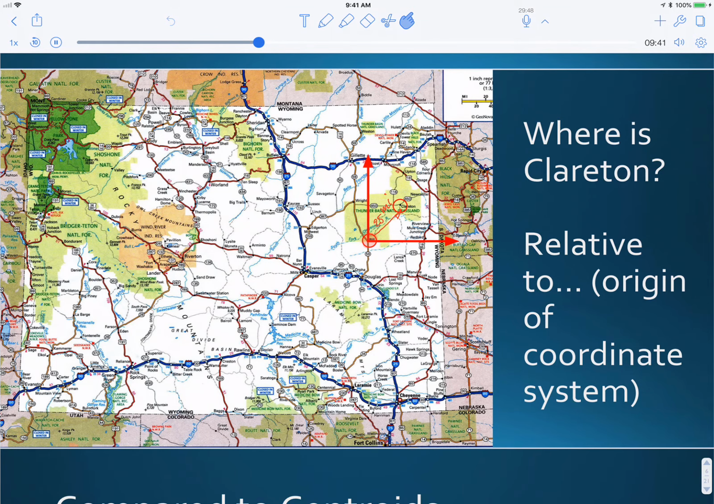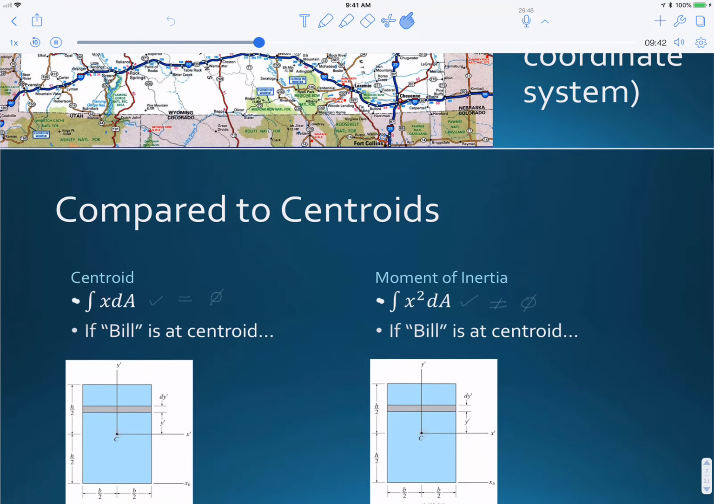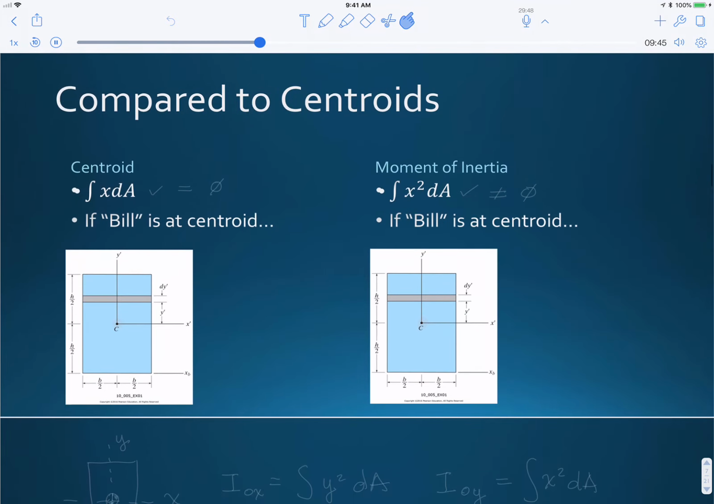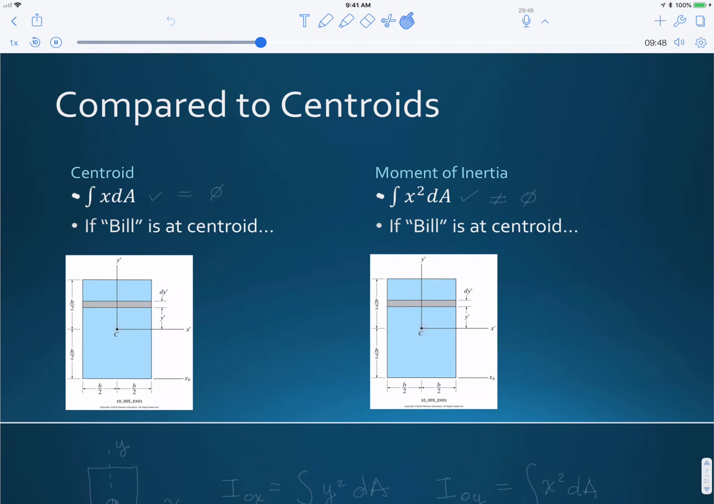Let's compare the moment of inertia to the centroid. To calculate the centroid, we had to do the integral of x dA, and to calculate the moment of inertia, we had to do the integral of x squared dA. So we're comparing the integral of x dA with the integral of x squared dA. Well, if we put our coordinate system origin, Bill, at the centroid,